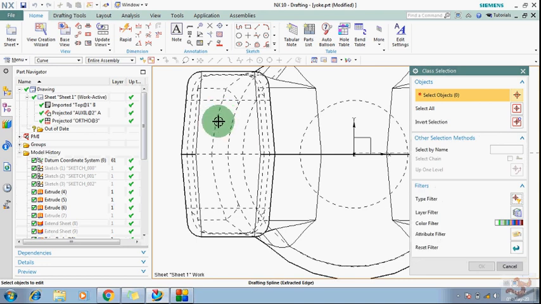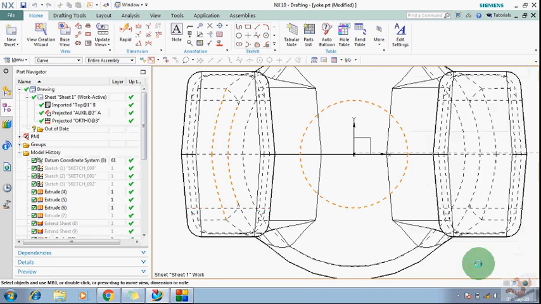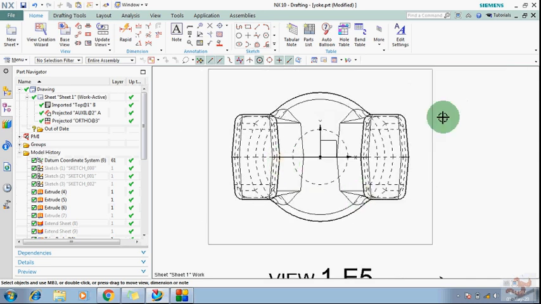Now select the lines which you want to keep. Suppose that I want to keep these lines only, so just select them and click ok, and then ok. Now what should you do?